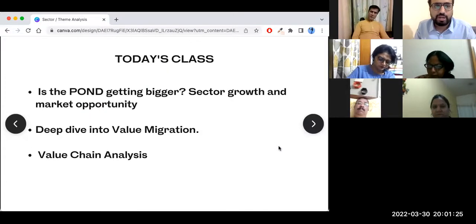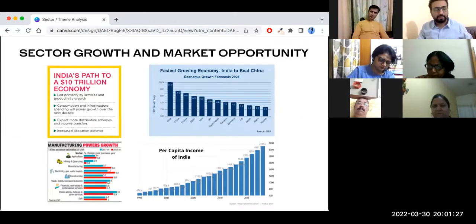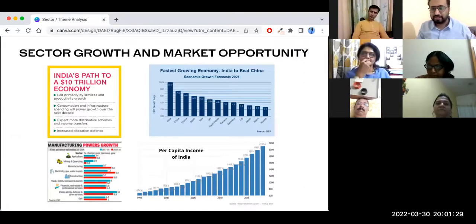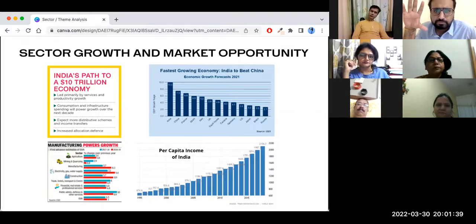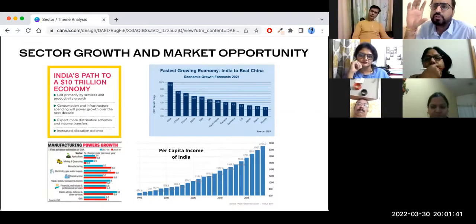I already gave you an explanation of this yesterday, right? This is the macro level understanding of India's economy. I'll not repeat this again, as it will eat away my time. I'll just repeat very quickly. India's economy is growing very, very quickly, almost having a GDP growth of 8 to 10% in the next 10 to 12 years.